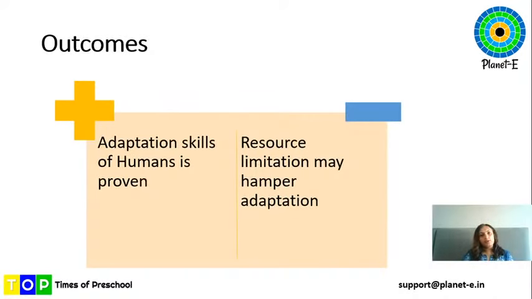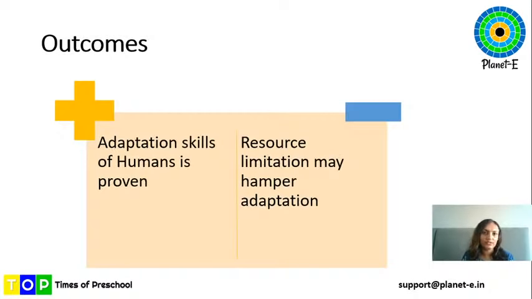What can be the better outcomes? Adaptation skills of humans have been proven again. Yes, adaptation. Human beings have been known to adapt to the situations and the habitat and the environment and the surrounding that we live in. We have been learning about this for a long time. And this little pandemic experience has given us one more proven factor that we adapt and our skills get polished when we see new situations. Resource limitations, all such